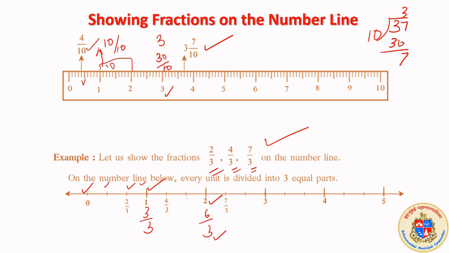So this 3 is indicating how many divisions are there between consecutive units or in between equal parts. Every unit is divided into 3 equal parts here. This is the fundamental of a number line, so that you can depict any fraction on this. It is all decided by the denominator, how many divisions are there in between each consecutive units or numbers. Please remember that.